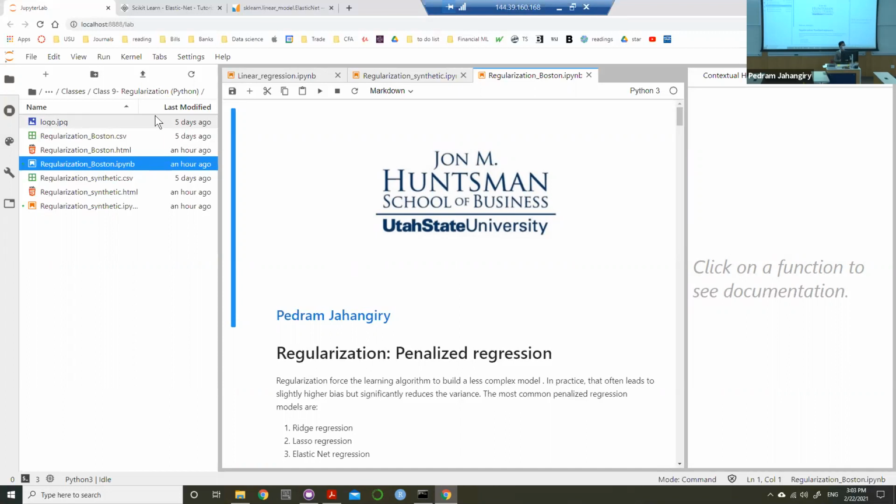So for today, I have 2 exercises for you. The first one is simulated data, because it's as if we are God and we know the true relationship between variables. That's why we are going to work with simulated data, and we want to figure out which of these models does a better job, Ridge versus Lasso versus Elastic. And then before we get super excited, we want to work with a real-world example